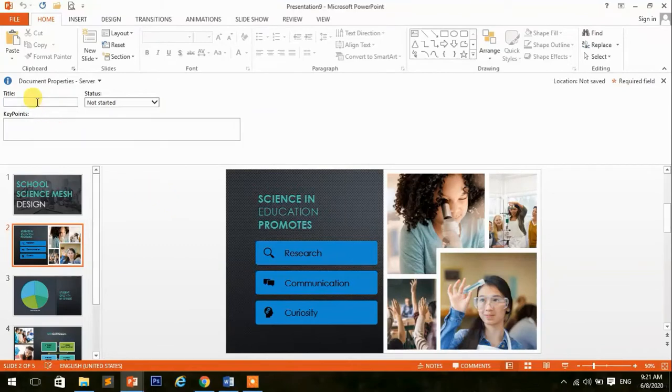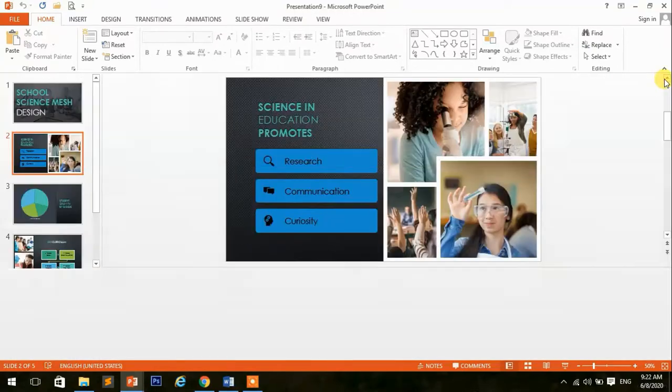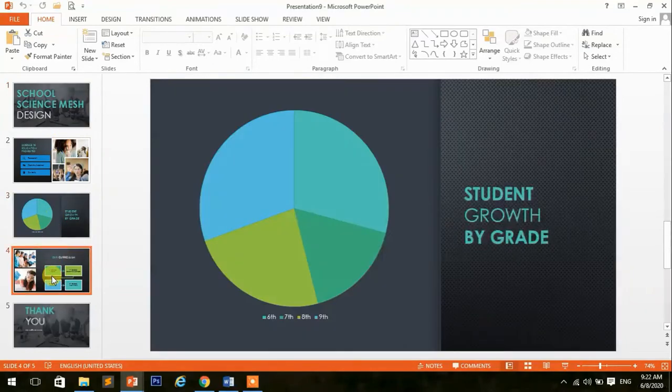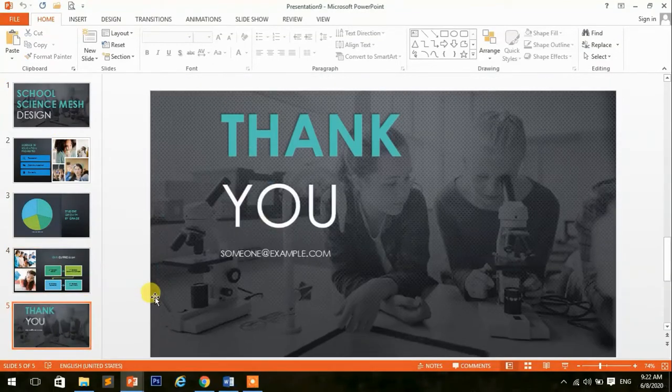Now it is open. Write the title of the slide, then close this box. As I'm writing school name. Now it is ready to use. You can modify the content which is available here and you can use it.